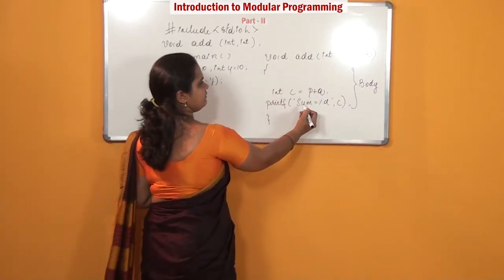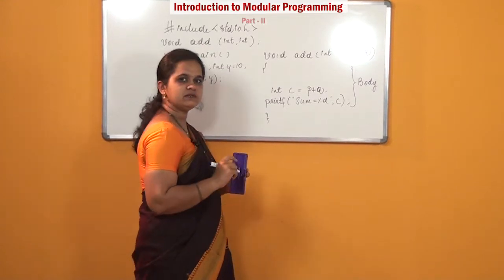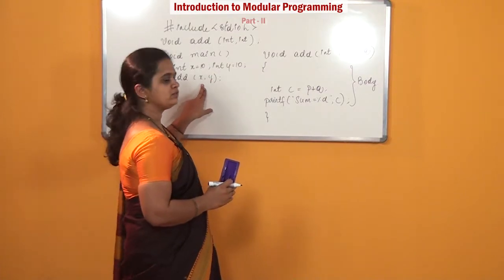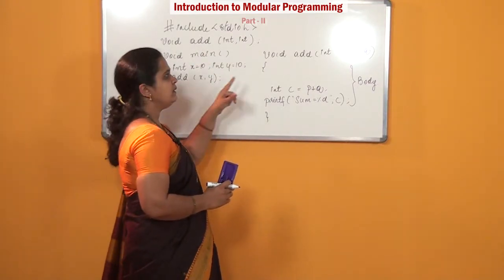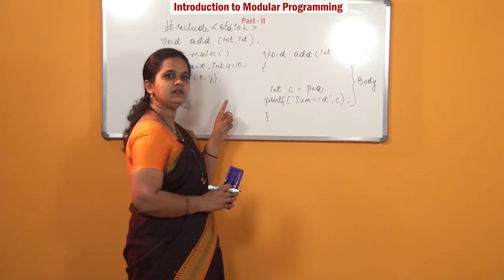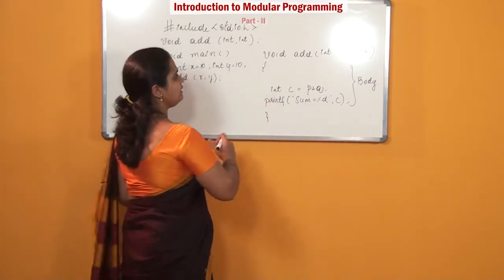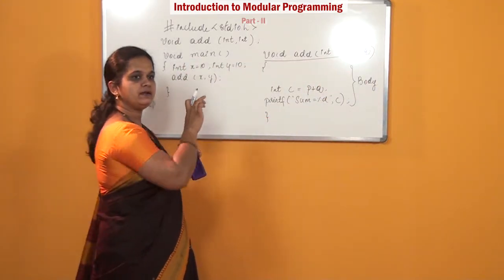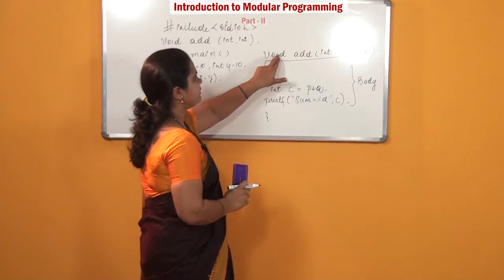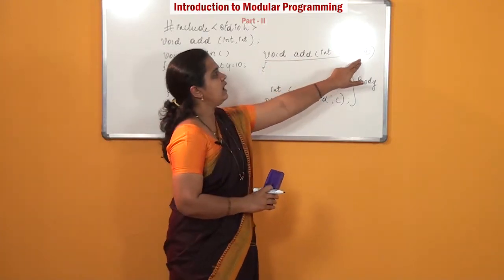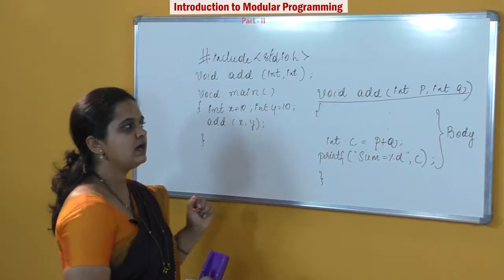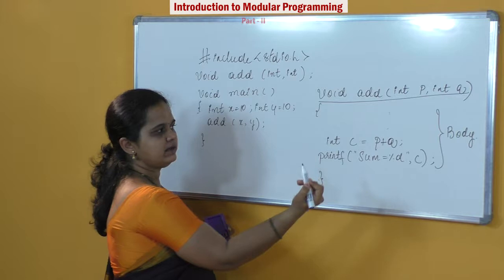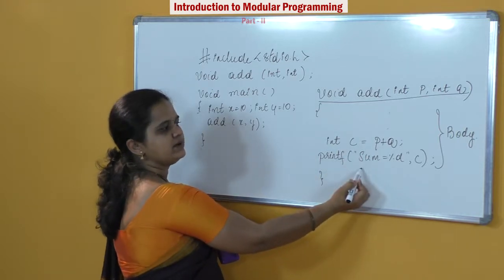So now when you come inside this function, it will know only the values of p and q, not x and y, because x and y are declared in the main function, and p and q are declared in the function header. This full line that we write, you can call it function definition or function header, which has the return type, the function name, and then the arguments that we pass. The arguments passed here are p and q, and these are the values it actually knows,